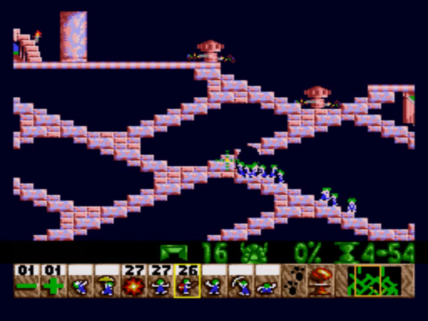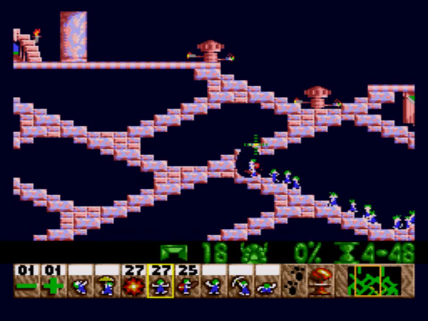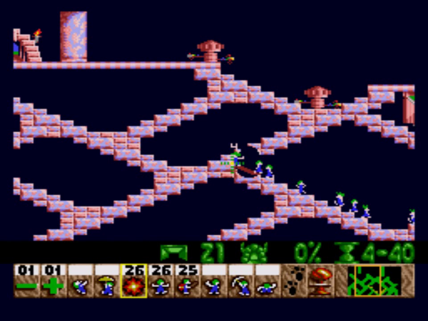Oh, this is going to be a tricky one to get through. Yeah, I think this is exactly what I wanted to do. Let's build up into that little nook there. That way, when that guy blows up, he won't end up making a hole. Well, he may very well end up making a hole right there anyway, but...